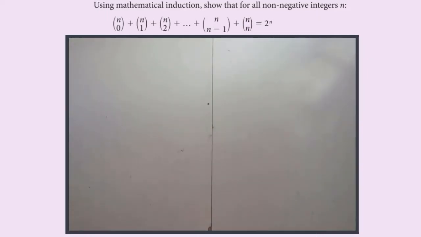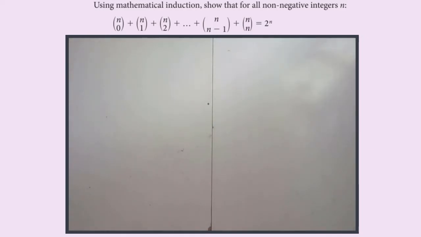This is another proof by induction. It's quite tricky. It involves binomial coefficients, and we're going to have to start with a little bit on Pascal's triangle because we're going to have to use an important relation to actually prove the thing. So the question is, using mathematical induction, show that for all non-negative integers n,